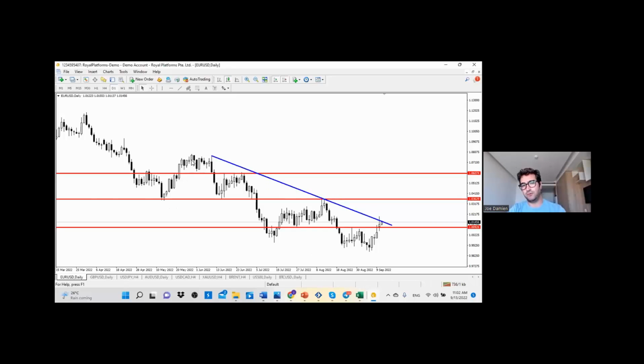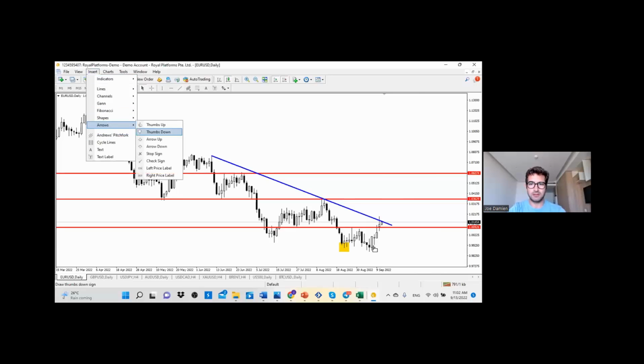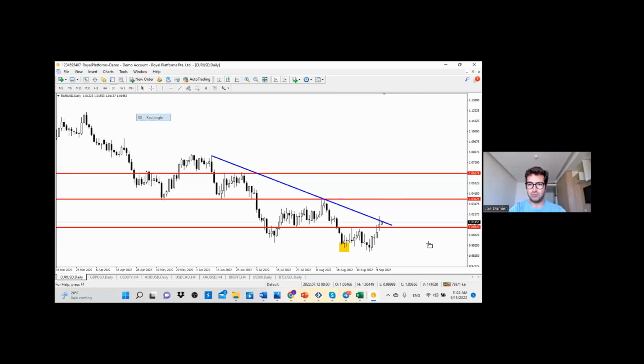You can see that the market was in a clear downtrend, and since the 6th of September the market started to move higher, and it posted a double bottom. We have here a double bottom. Okay, so this is an indication that the market is about to move higher, and the market moved already higher, but it is struggling around this area here, which is